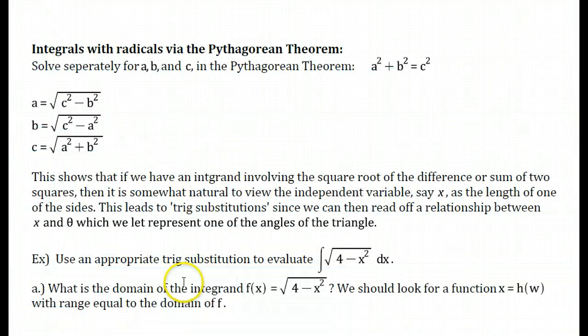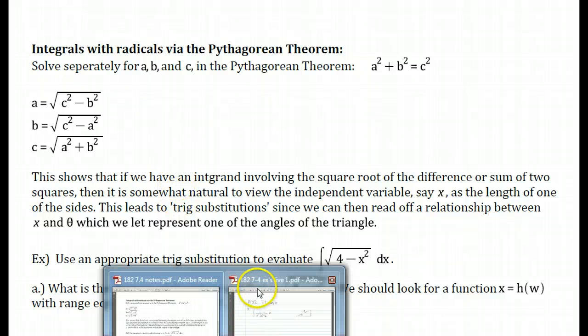I just want to remind you from our handout and what we did in class before that we're led to trig substitutions partially by looking at the Pythagorean theorem. If we solve the Pythagorean theorem for a, b, or c, we get a square root, and inside the square root we have either the sum or difference of two terms, each being squared. So when we want to look at an integral like this,